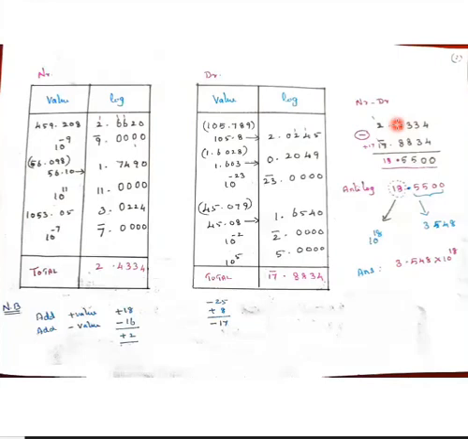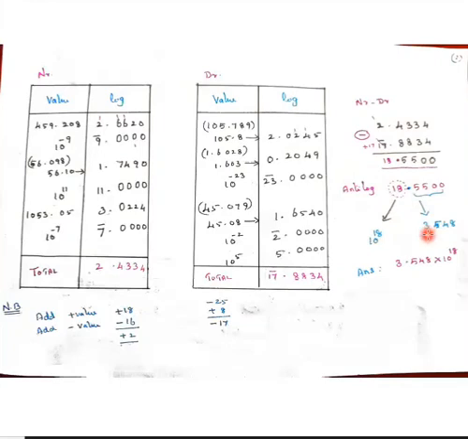And 3 is there. So borrowed 1. So 13 minus 8, 5. Remaining 1 is there. Here plus 17. Plus 17 plus 1, 18. So as it is, you write to take anti-log 18.5500. So this 18 alone to be taken in the 10 to the powers. The remaining 0.5500 to be seen in the anti-log side.